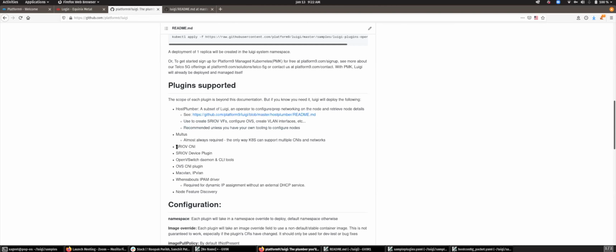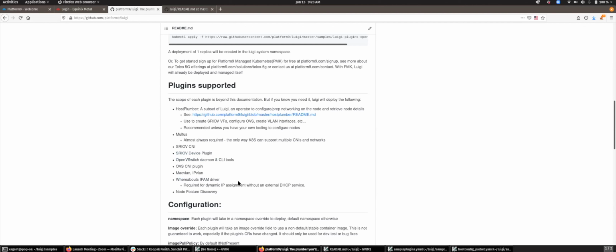It also deploys SR-IOV CNI. It also deploys SR-IOV device plugin. It will also deploy Open vSwitch itself and the CLI tools like ovs-vsctl and ovs-ofctl, and this is the actual switch daemon itself. It also deploys the CNI plugin that's required by Kubernetes to use Open vSwitch. You'll have MacVlan, IPVLAN, Whereabouts.